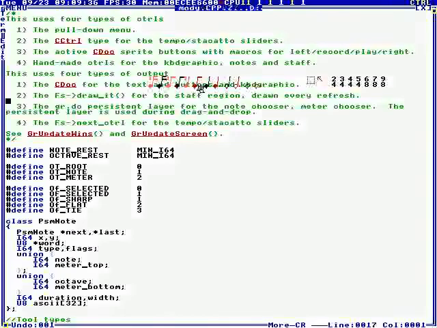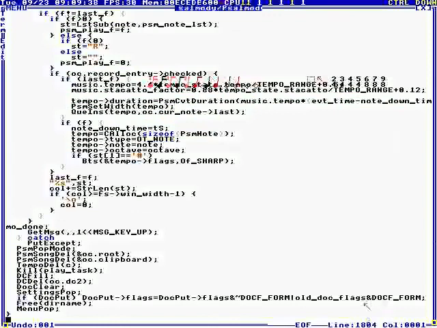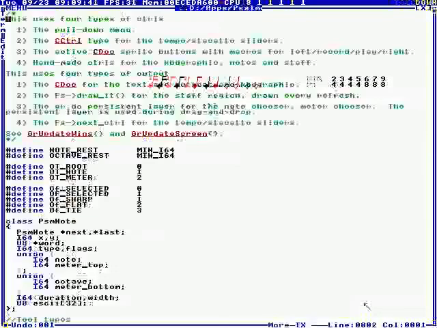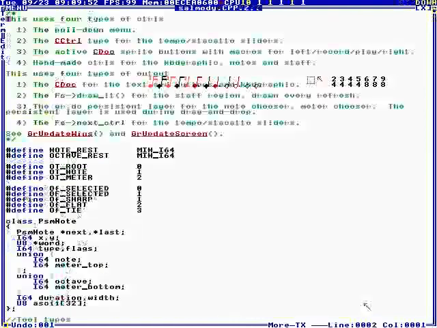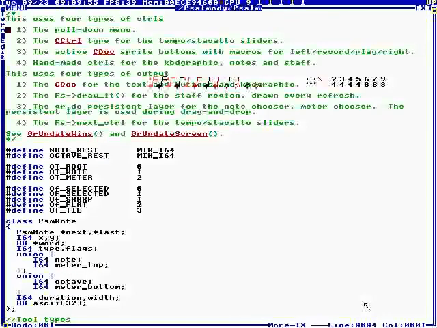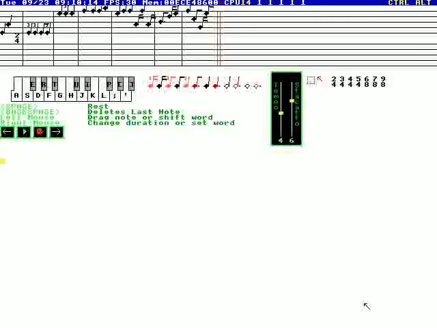This whole program is 1,800 lines. I can't talk about the whole thing. I could talk about 4 types of controls. It uses the pull down menu, it uses the sliders, it uses the document. Let's go ahead and